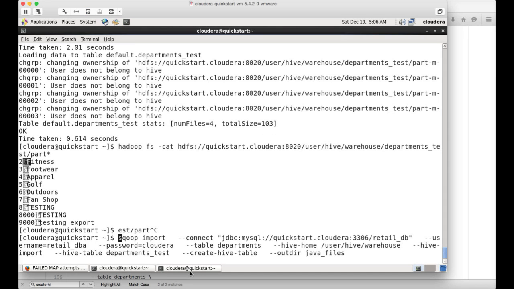Sqoop import. I am using plain Sqoop import without using Hive import. So a Hive table is nothing but a directory in HDFS. Hence you can run Sqoop import as you are trying to do into HDFS itself. The only difference is you have to say the target directory as /user/hive/